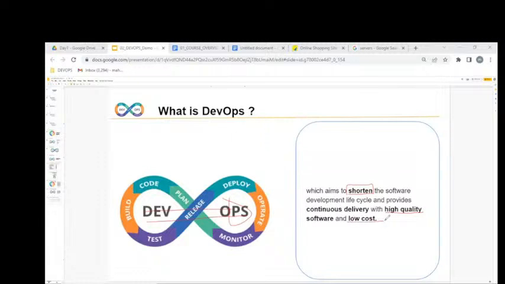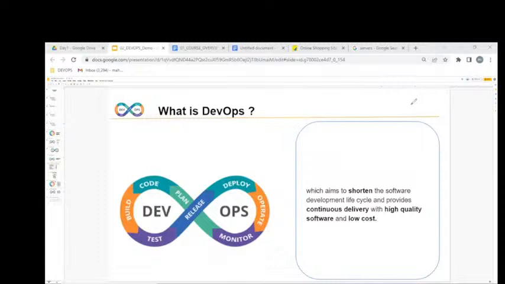So what is DevOps? Is DevOps a technology, like Python or Java? No. It is not a technology. It is a process. DevOps is a process, a methodology.